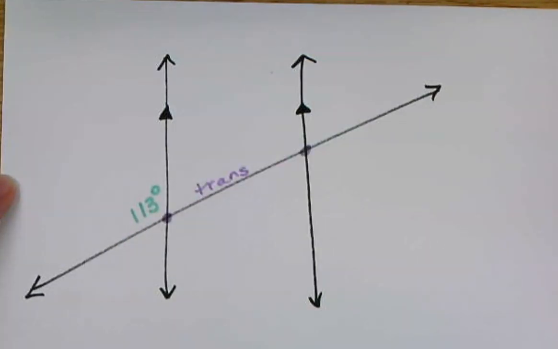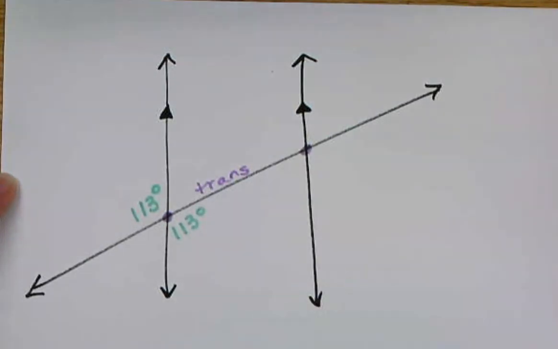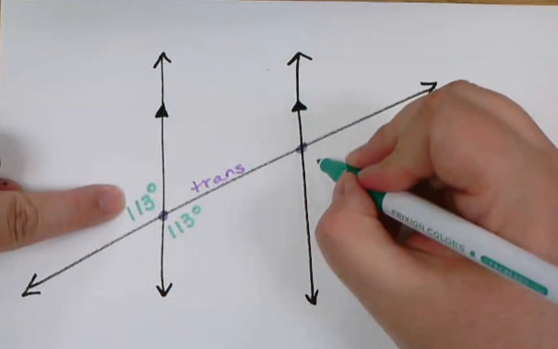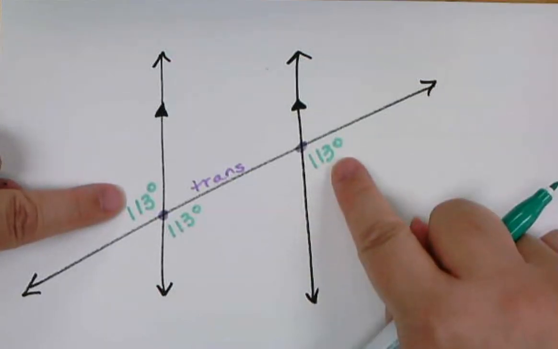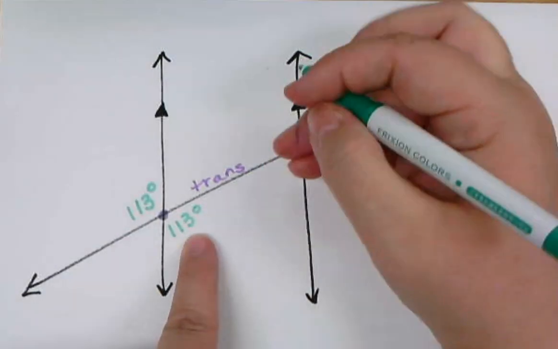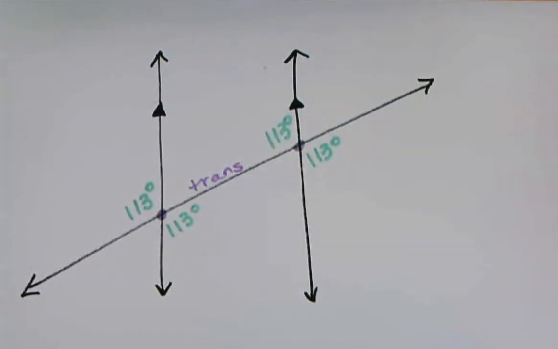Well, I could use vertical angles to say that so is this one. That's one way I could say that. I could use alternate exterior angles to say that so is this one. These are alternate exterior angles. I could use alternate interior angles here and here to say that so is this one. So all of those angles are going to be 113, which means all the other angles have to be 180